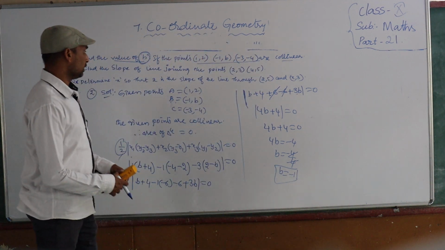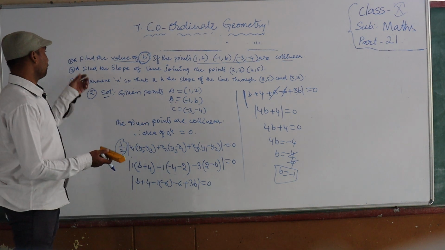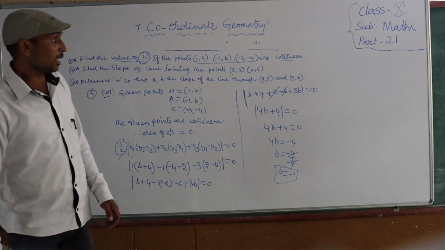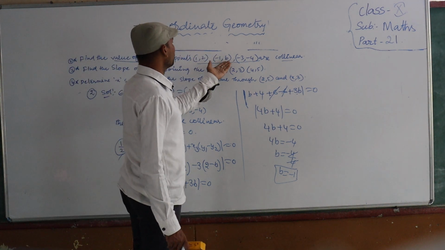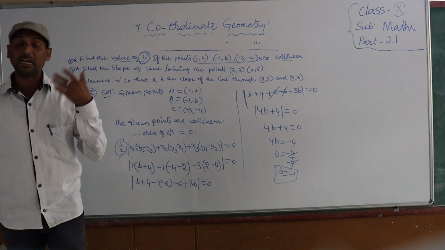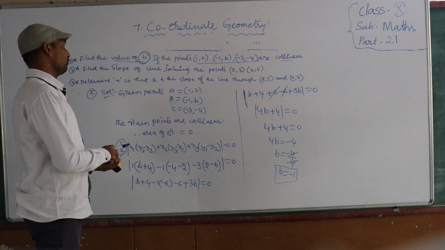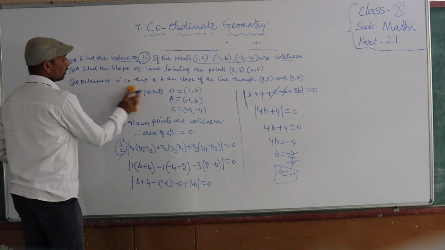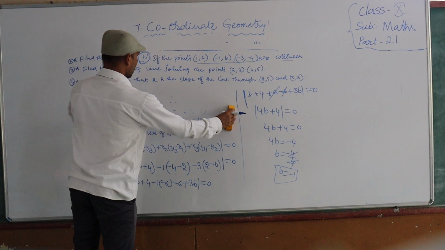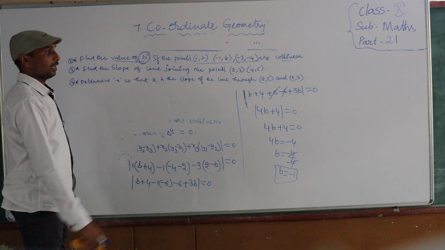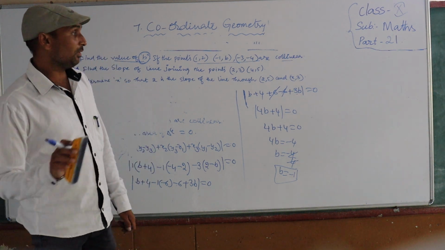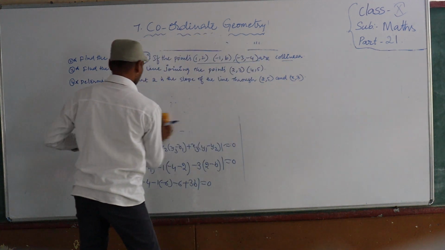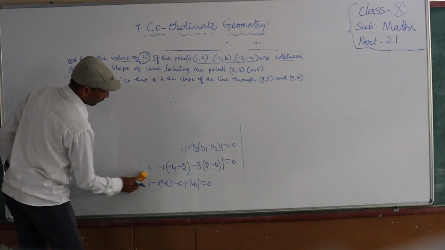This is how to find the unknown value when the given points are collinear. Sometimes they will ask for k, sometimes p, sometimes x, different kinds of variables they will ask. Then you have to follow this problem and this process very carefully, children. From the collinear points, we will get one 4 marks question. Follow this very carefully. Right, we'll go for the next problem.